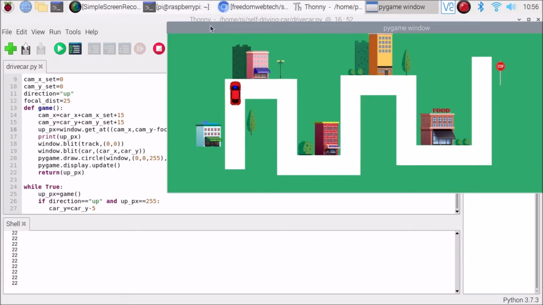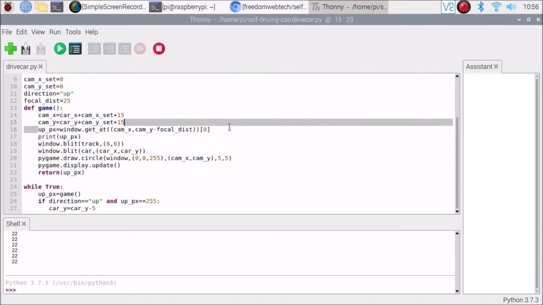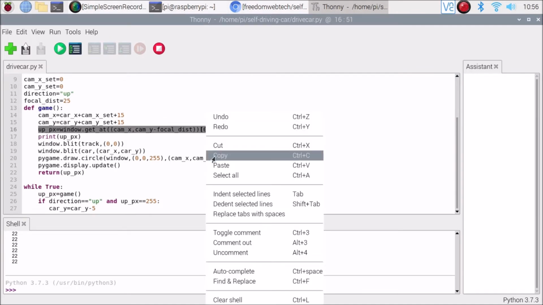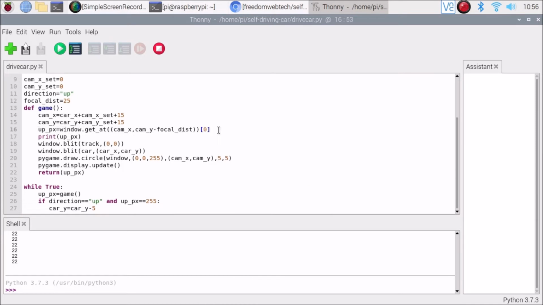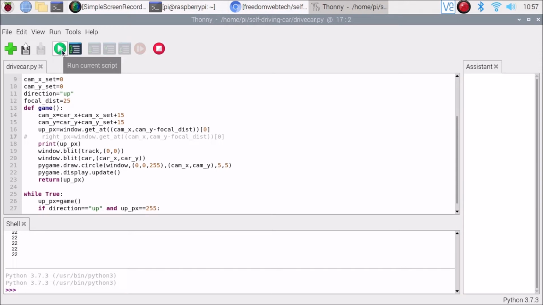So same condition, same way we can create here up px. Now we can say the right px. So copy the code and just paste. Okay, and this time we are going to change the up px to right px. And as I mentioned, let me first just uncomment, because we need to explain the idea for right px. Save the code. If I run the code,